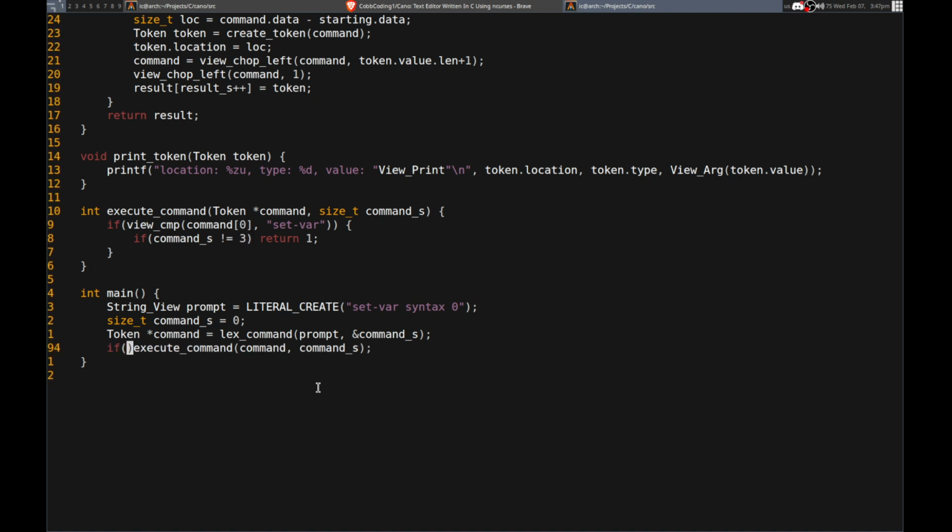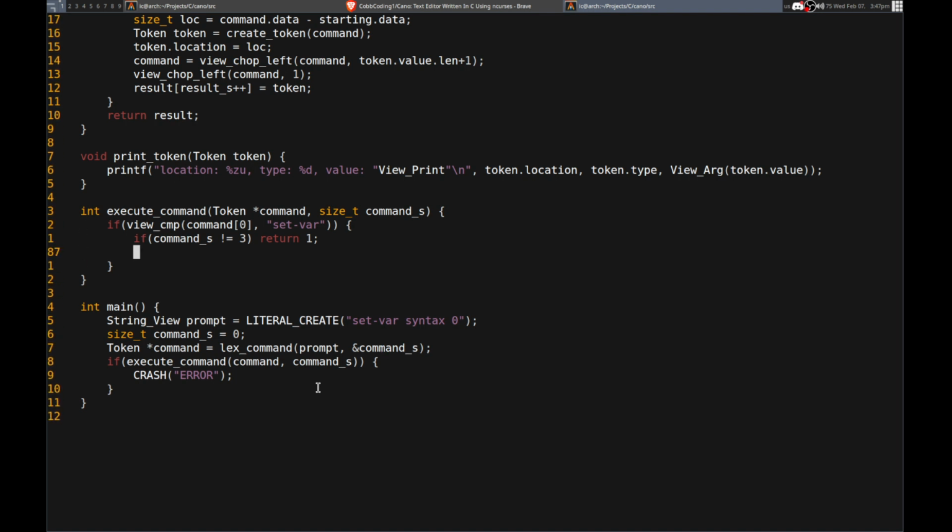So then if, let's see, command, then we'll just put that error. Crash. Well, yeah, we can just crash actually. That is that. Okay, we'll crash. So if that, otherwise we need to